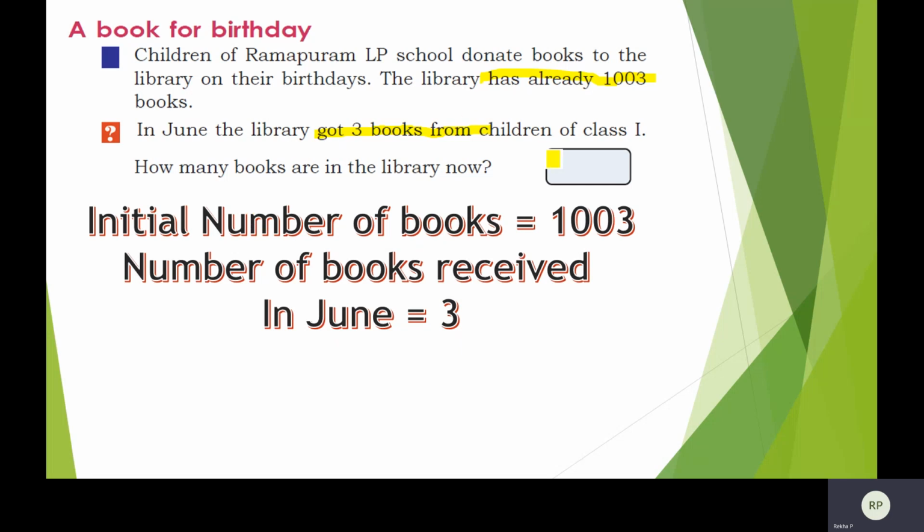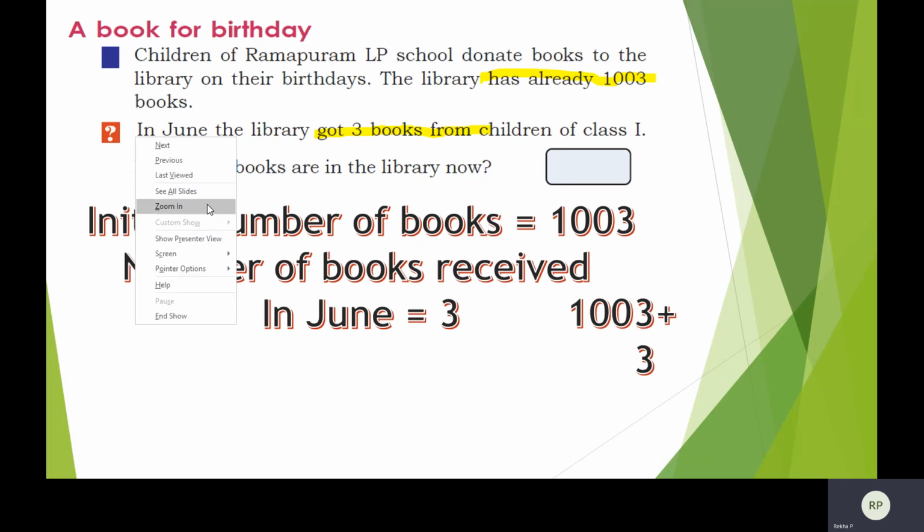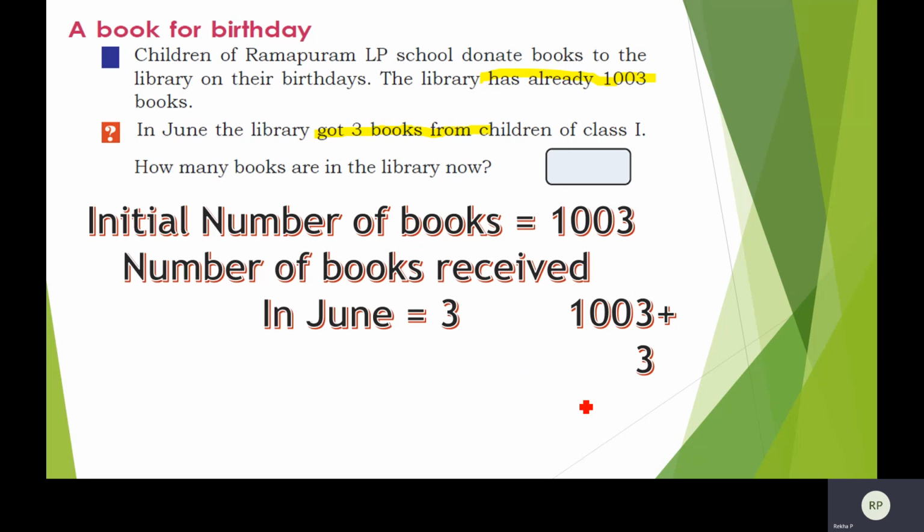How will you find that? You have to add 1003 plus 3. So let's do that, 1003 plus 3. 3 plus 3 is equal to 6.